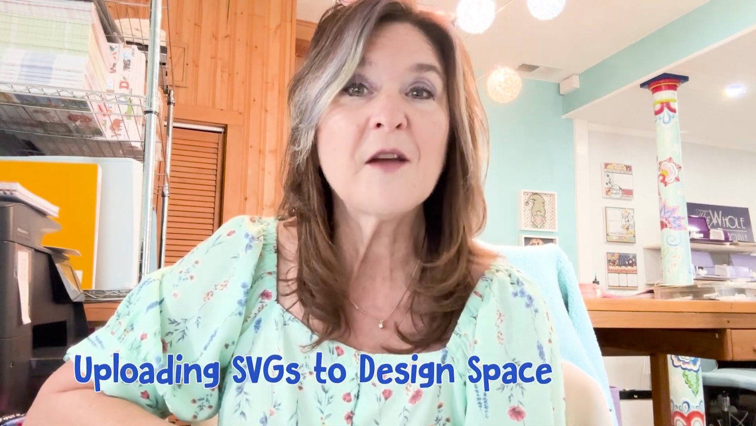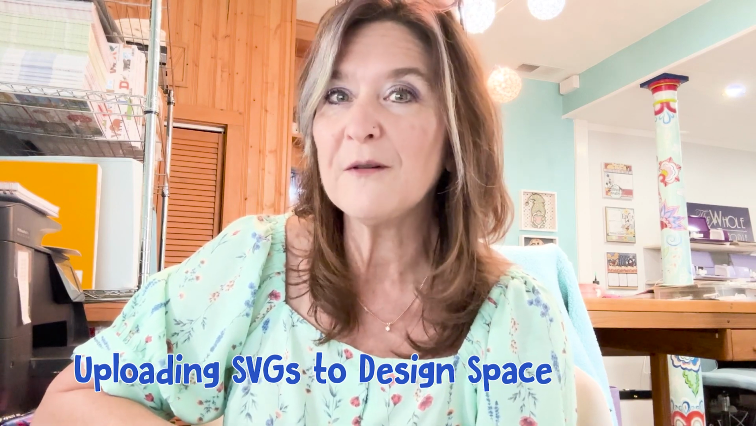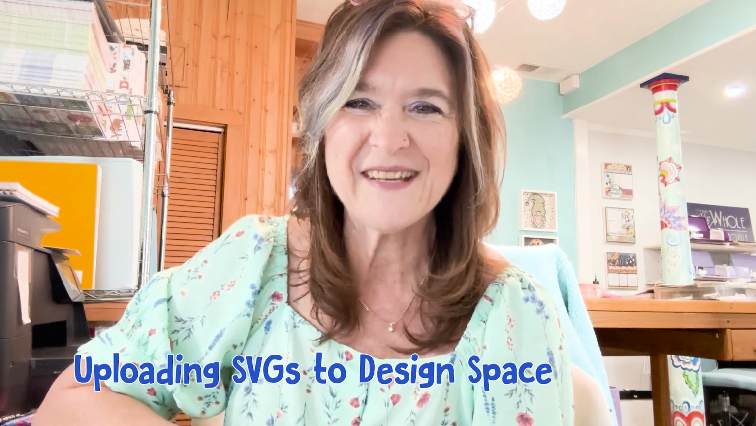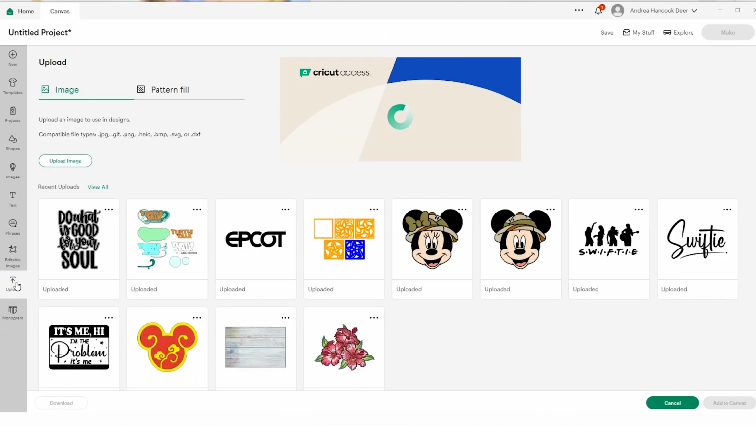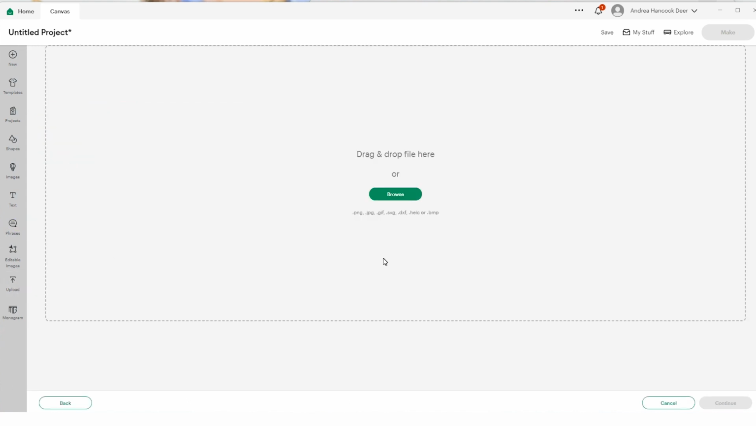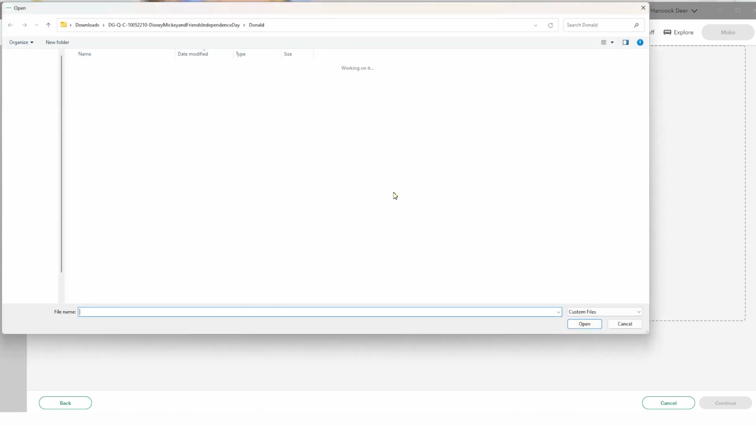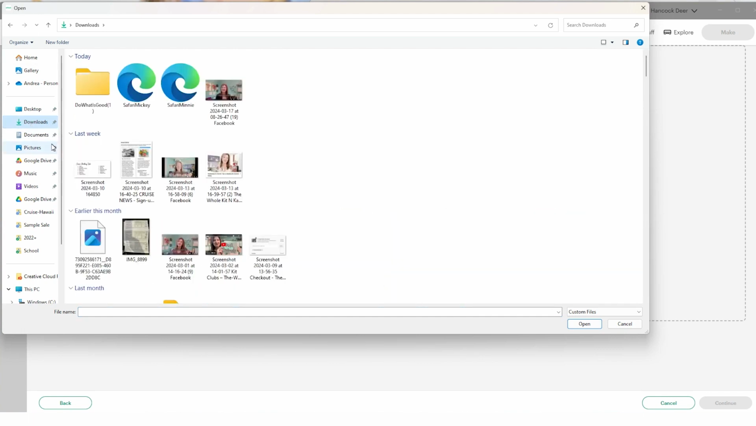So now that we have it downloaded to our computer, how do we upload it into Design Space? I'm going to start with a blank canvas in Design Space. On the left side, select Upload, and then select Upload Image. From there, we need to locate that image on our computer. Now remember, I just let mine go to the default of the Downloads folder. So I've selected the Downloads folder,